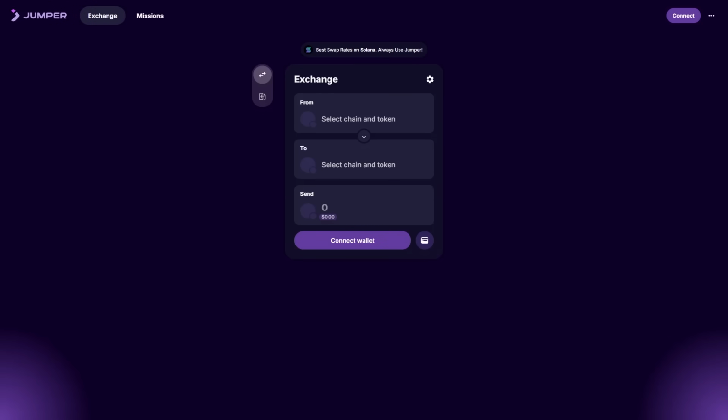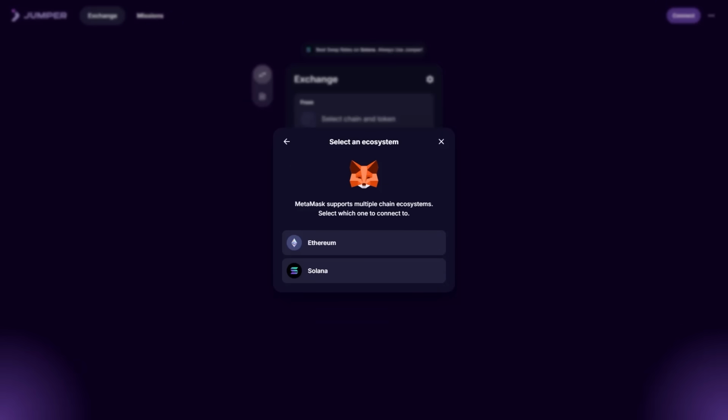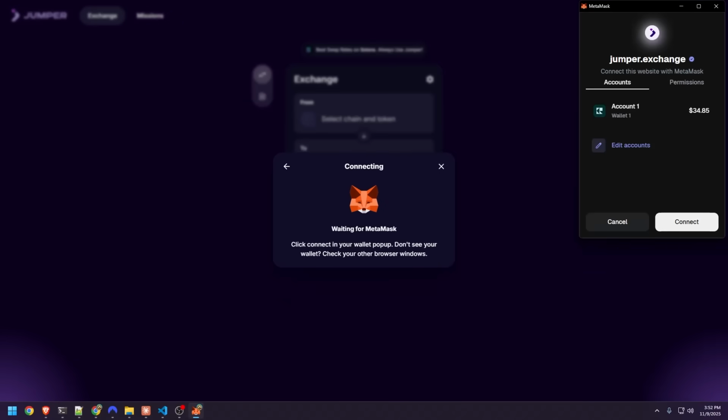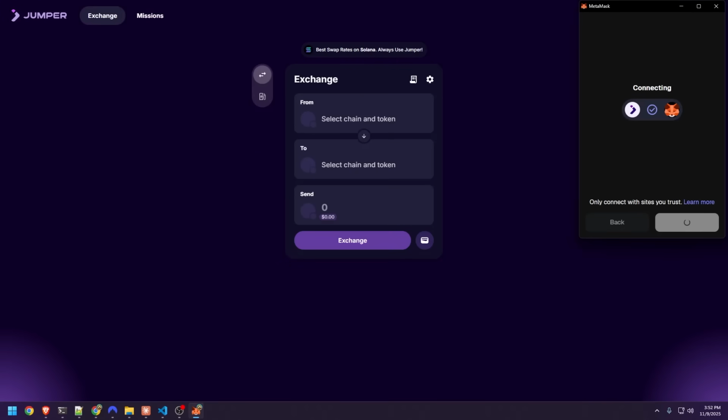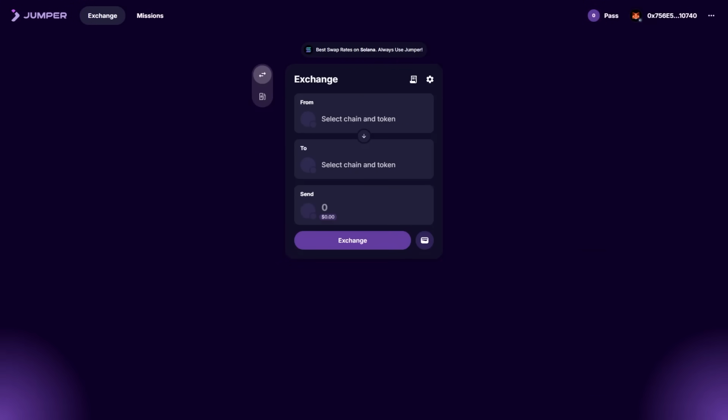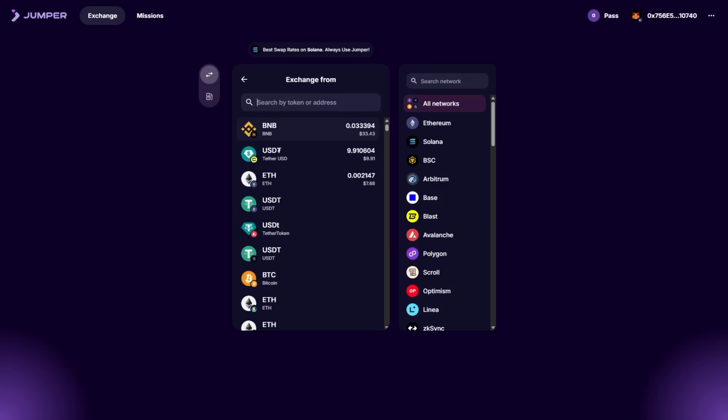I'm using a burner wallet. It's got about $200 worth of tokens spread out over 7 or 8 blockchains. This particular wallet is one that I made just for trying out new blockchains and new protocols. And with the help of protocols like Jumper, I can turn my ETH on the Arbitrum blockchain into CELO on